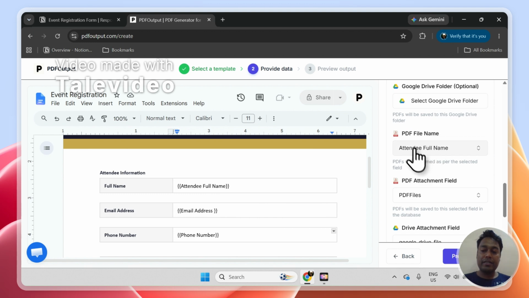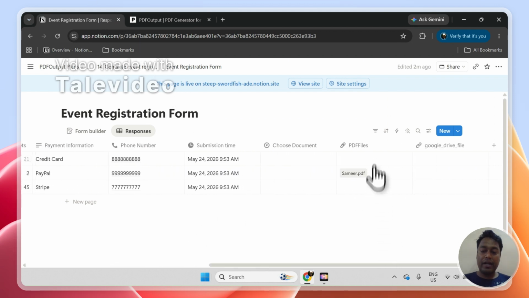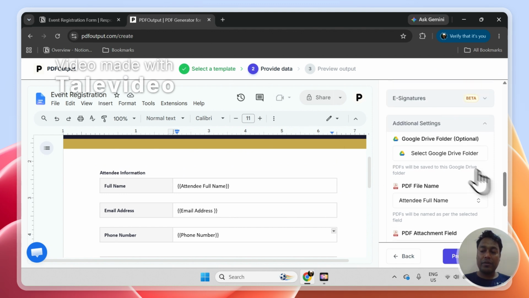I want to generate by the name of the attendee, so that I can do that. The PDF file can be attached to the PDF file column that I have. So I have a PDF file column over here where I want to attach the PDFs as well, so that I can select. Once that is done, you also have an option to upload it onto